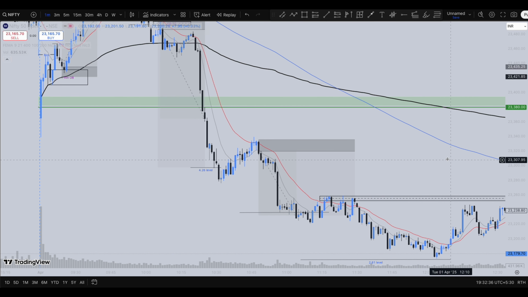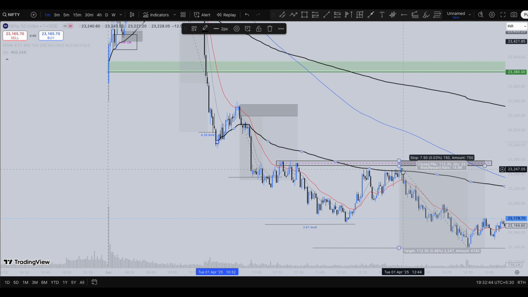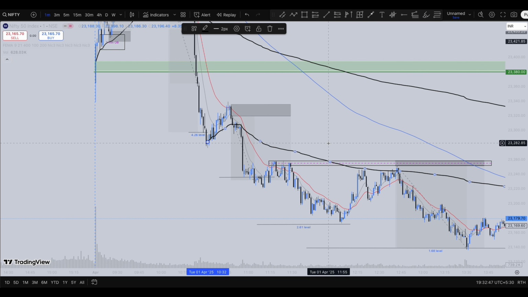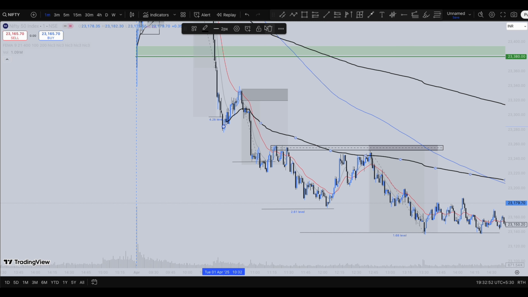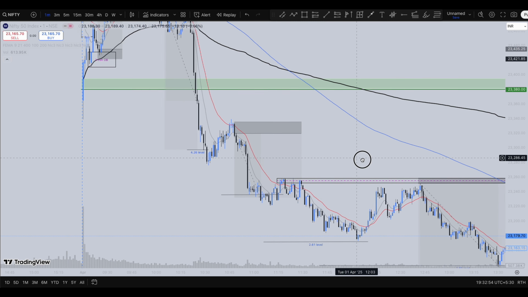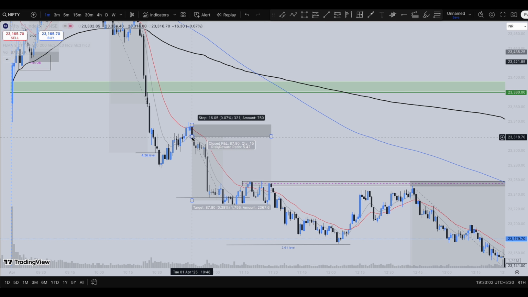So in case you want any confluences to take the positions, guys, only then you could have placed the anchor VWAP levels. You can see rejection of price from these levels, rejection of price from these levels. So after this kind of rejection, you could have easily taken a short position in Nifty 50 as well. So you can see after this kind of candle breaking both the 21 moving average as well as the 9 moving average towards the downside, you could have entered a short position.